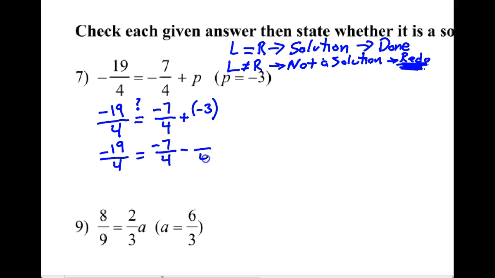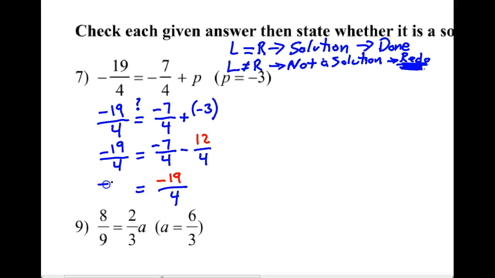So we know we need a common denominator. This is really a division problem backwards. So what divided by 4 equals 3? That's the question. Okay. Negative 3 is the same as negative 12 divided by 4. We just took out negative 3 and put in negative 12 divided by 4 in its place. Now it's the same denominator. And then negative 7 minus 12 is negative 19. So in this case, yes, negative 3 is a solution.